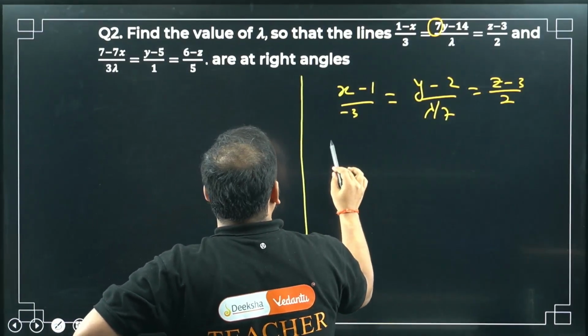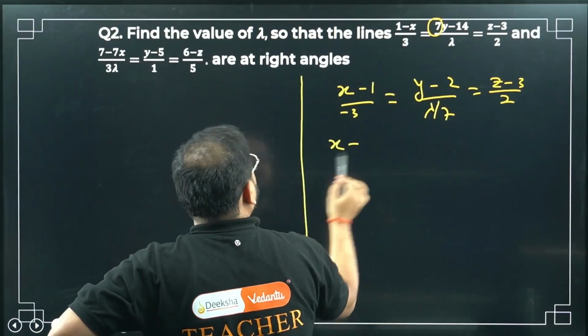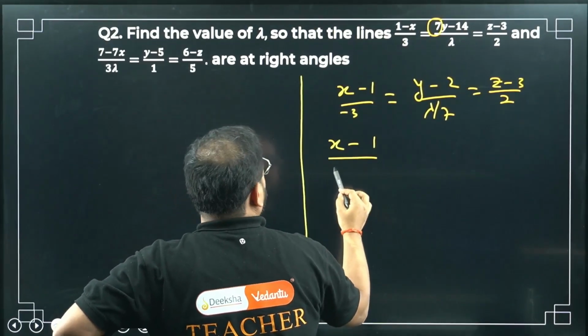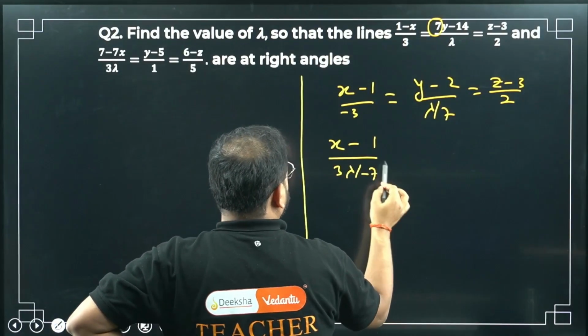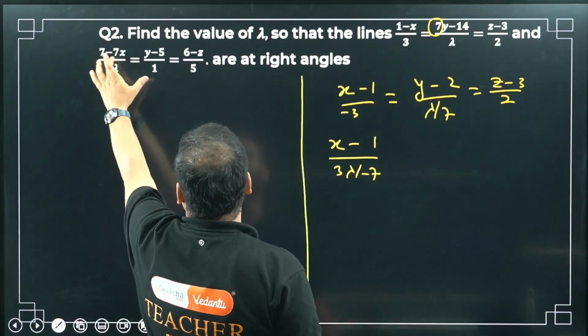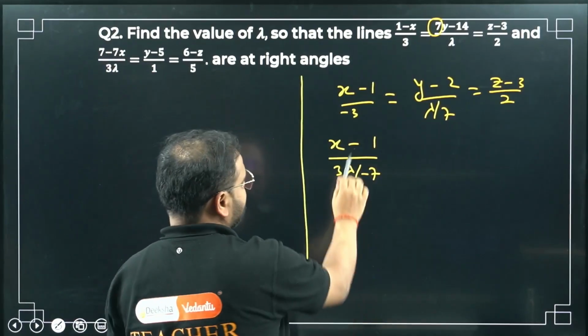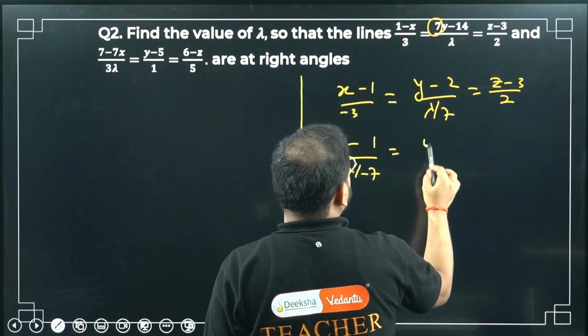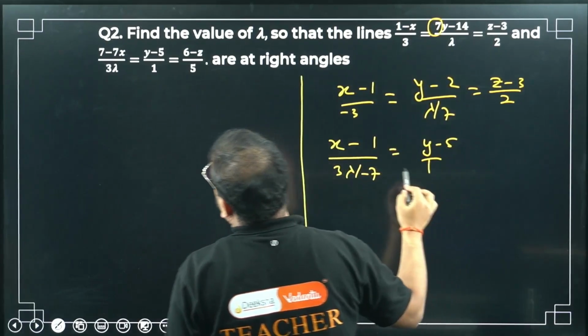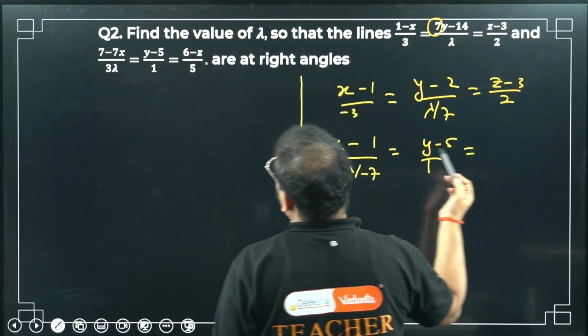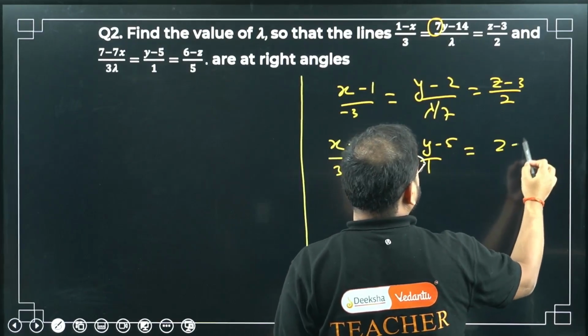So I'm going to get this as x minus 1 upon 3 lambda upon minus 7. If you divide this, it will become minus 1, this will become plus x. So that's why x minus 1. What about this? Already in the standard form, y minus 5 upon 1. And this I have to take with minus. So I'm going to get what? Z minus 6